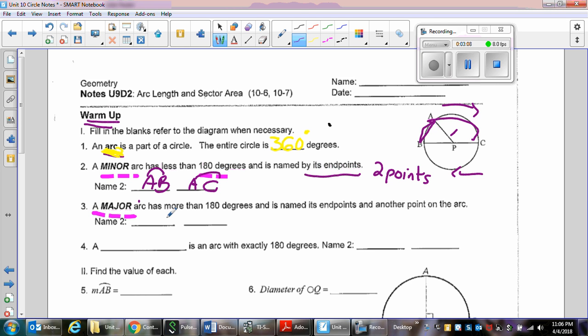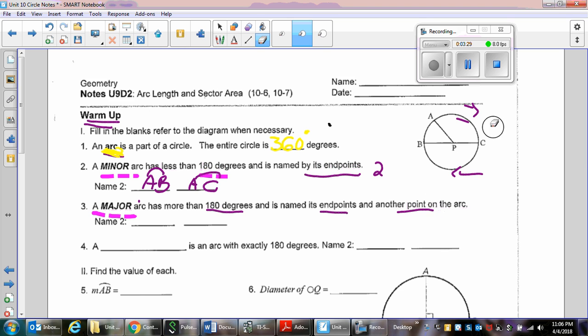And when it comes to a major arc, it has to be more than 180 degrees, and it's named by its endpoints and one other point on the arc. So a major arc has to be more than 180. In this case, if I erase this part, you can tell the line BC is going to be your semicircle. So I have to pick something that is going to be